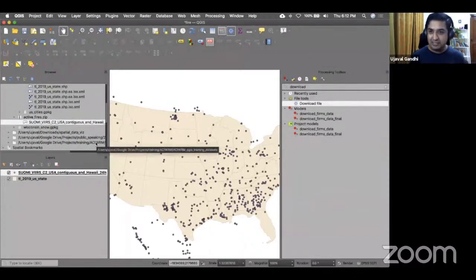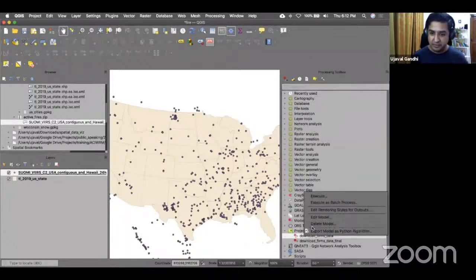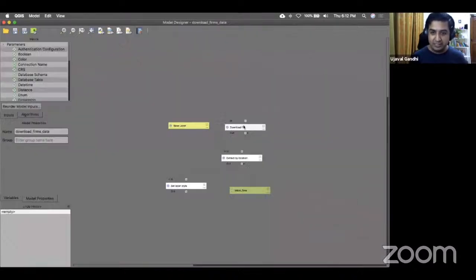Now you may say this is not very efficient. I could do this as easily or even easier using my browser. But what this allows you to do is that now you can use this tool in your model and automate this process. So let me show you this model that I built, which downloads the file from the same FIRMS